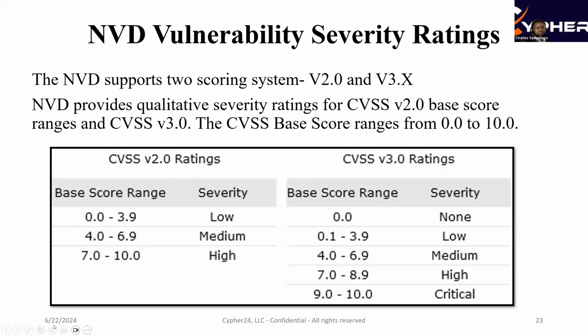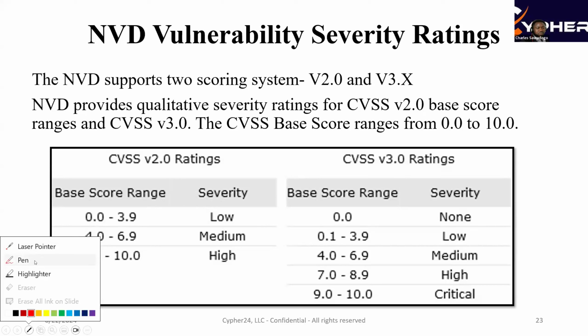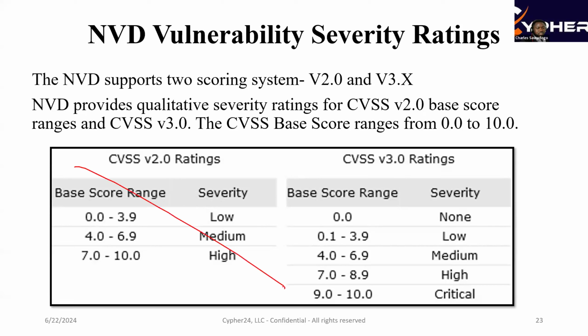We're now going to look at the last one. That's most important. So I'm just going to cross this one out because we no longer use it, but we're using this one here. So it is saying that if the score is 0, it means the severity is none. We count this as non-existing. Between 0.1 to 3.9, they're going to say it is low. 4.0 to 6.9 is medium, and 7.0 to 8.9 is high. 9.0 to